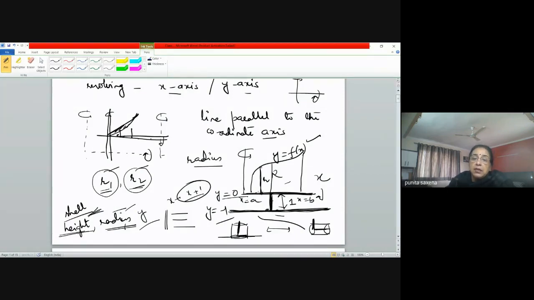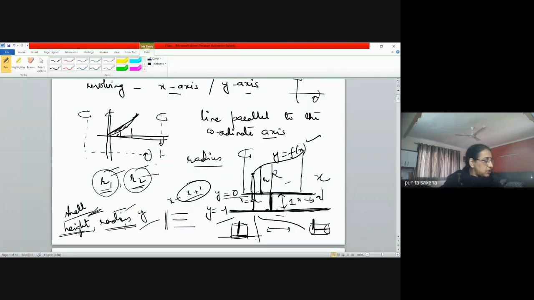Obviously, when we are doing this, even if we are revolving this around the line y equal to -1, obviously the disk method cannot be used, because already our curve is this, so the hollow is in the middle, but then the hollow is too big now, because it was from here to here, and now from here to here as well. Okay, so this hollow will define our outer radius and inner radius. So accordingly you have to identify how much would be your outer radius and how much would be your inner radius.